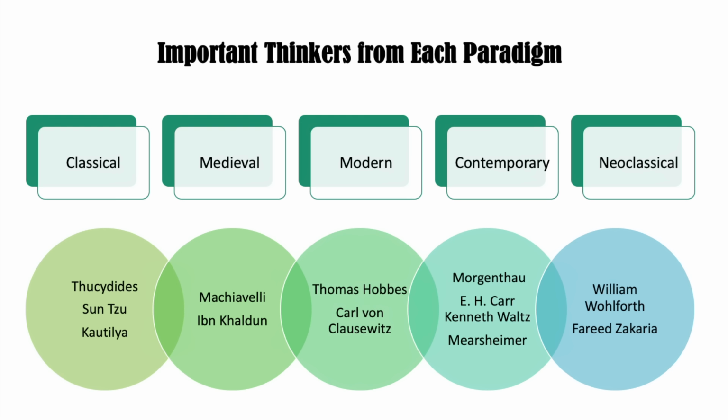اور ان ساری چیزوں سے صاف ظاہر ہوتا ہے کہ ریئلزم 2000 سال سے زیادہ پرانی سوچ ہے۔ میڈیول یعنی 400-500-700 سال پہلے جو سوچ آئی وہ تھوڑا سوفسٹیکیٹڈ تھی۔ نکولو ماکیاویلی کی پرنس ویسٹ میں اس سلسلے میں سب سے مشہور کتاب ہے، اور اس زمانے میں اسلامک حکومتوں کا بھی بہت دور تھا، بیسیکلی ایشیا میں اور نارتھ افریقہ میں ڈومینیشن تھی۔ تو ابن خلدون کی بھی کتابیں کافی امپورٹنٹ ہیں۔